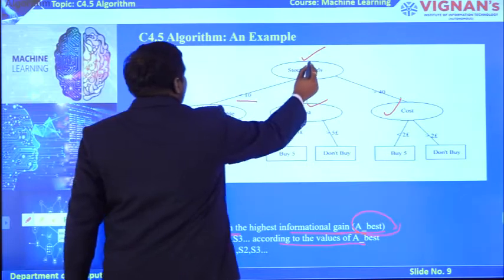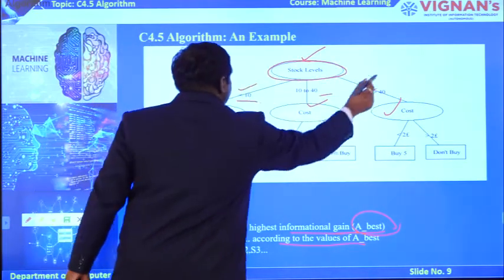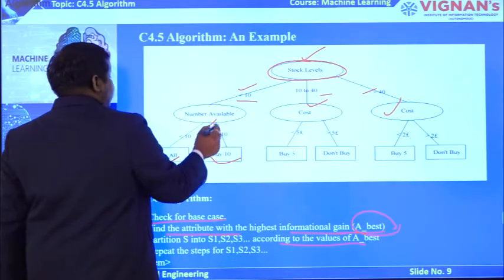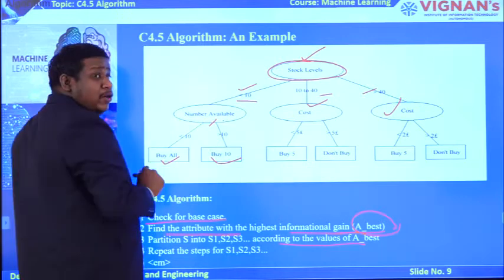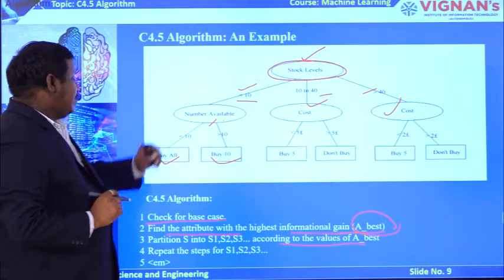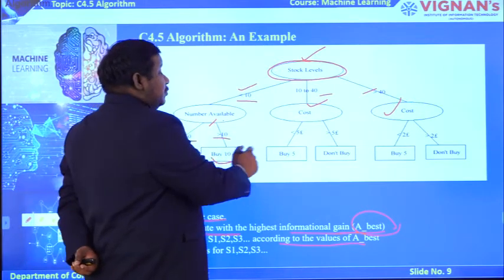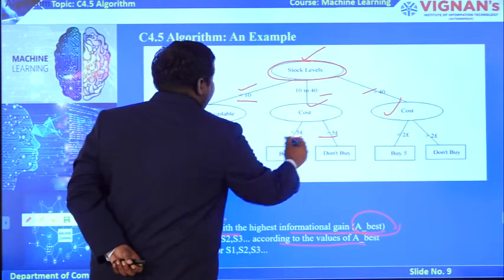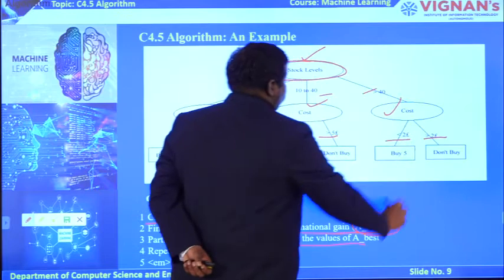At first we have the stock levels. From this we are having the 3 conditions 1, 2, 3. Based on that we have 3 sets; we have classified into 3 subsets. Again we are going to calculate the information gain of each value. Then this is the less than 10 or greater than 10 best values, and here less than 5 or greater than 5. Here less than $2 or greater than 2.